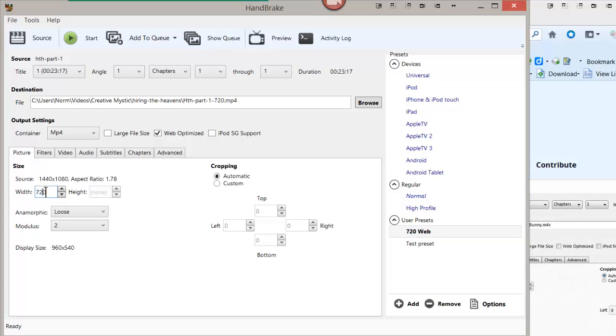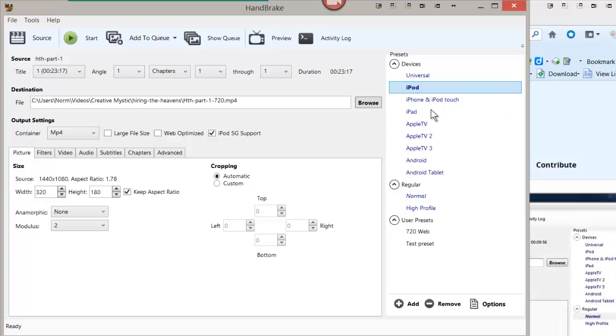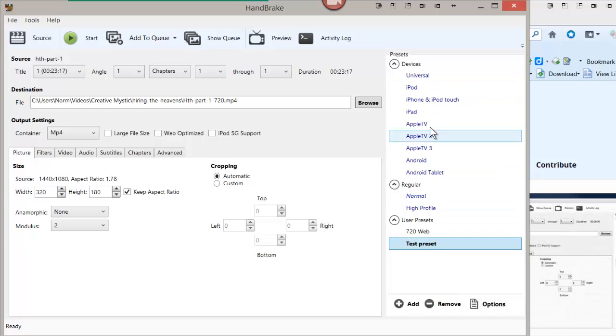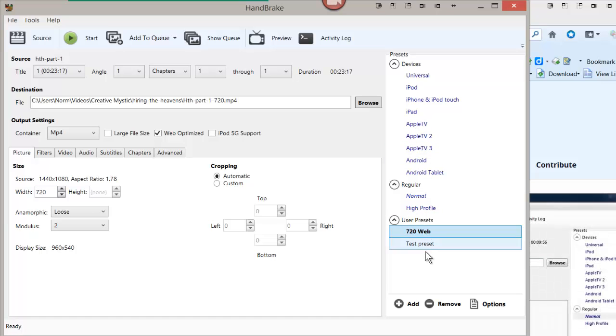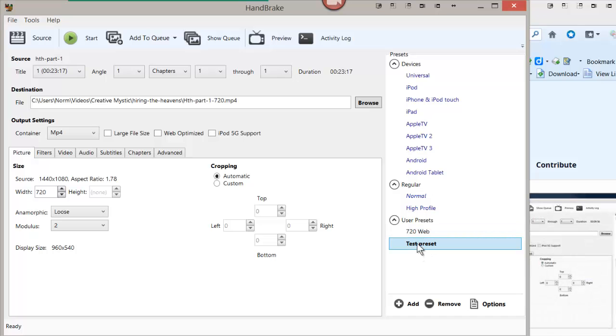But if you want to make sure that this stays at 720 when you go to select a preset, you see here, like if I go down to press test preset, it's not changing my width or anything over here as I'm going around, but if I do a 720 web, it does. The difference is the setting that I skipped earlier. So if I go to test preset,